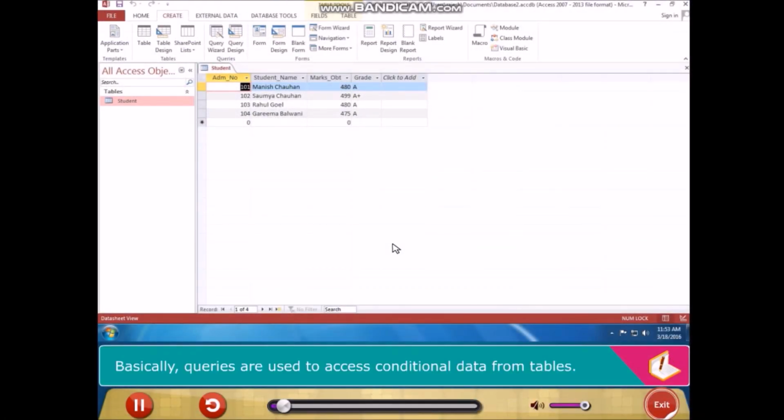Queries. Basically, queries are used to access conditional data from tables. It is very difficult to extract data from the table without a query. Using a query, we can request data results and act on data. It is also used to answer questions, to perform calculations, combine data from different tables, or to add, change, or